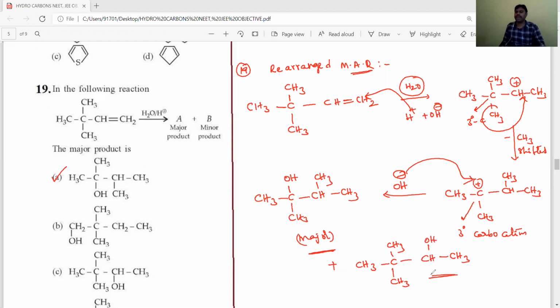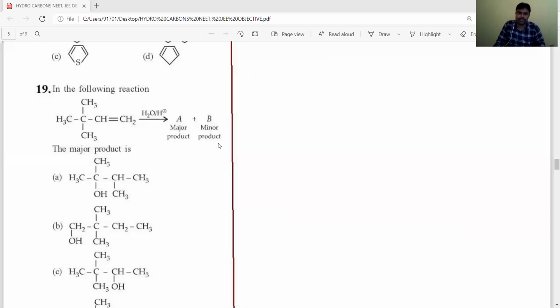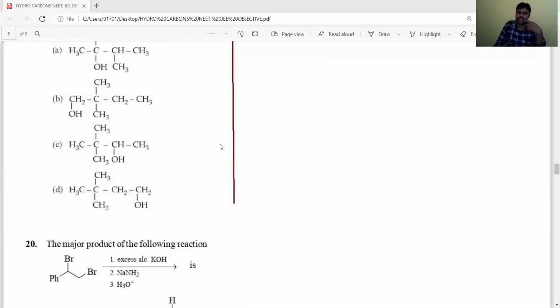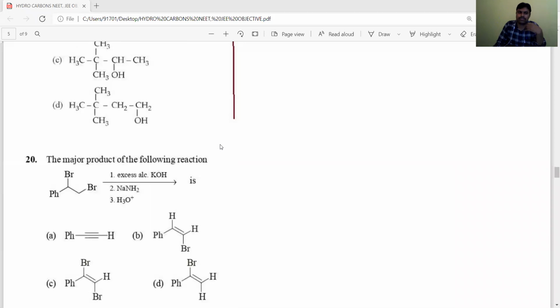Okay, to get the product without rearrangement, we have to first react with mercuric acetate, followed by hydrolysis and reduction in the presence of sodium borohydride. Then the product without rearrangement will form. That kind of question was also asked previously in the NEET and JEE examinations. I will discuss that also. In the further questions, that kind of model question will also be present.